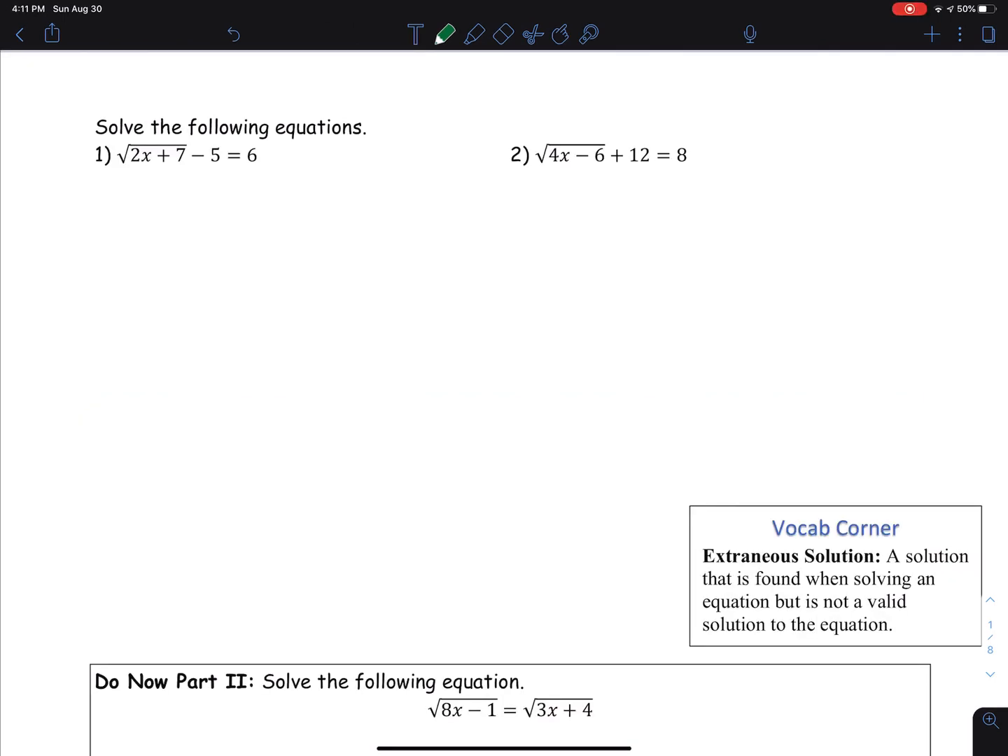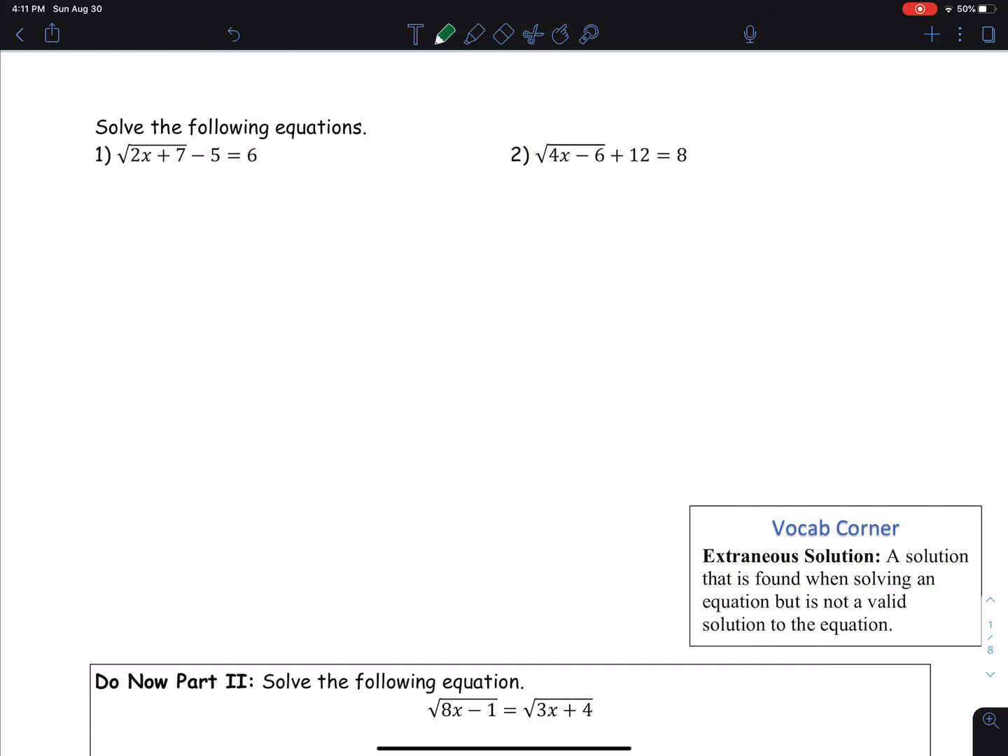So when solving radical equations, a good rule of thumb is you always want to get the radical or square root alone first. It's like when we're solving equations, we want to get the variable alone. We still want to get the variable alone in radical equations, but before you get the variable alone, if the variable is under a square root, you have to get the square root alone. So looking at number 1,